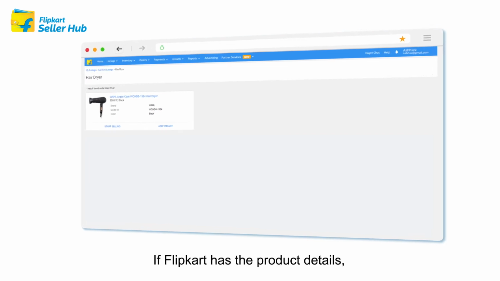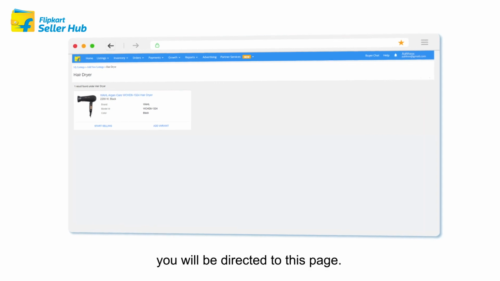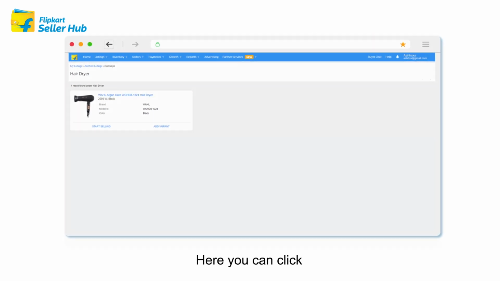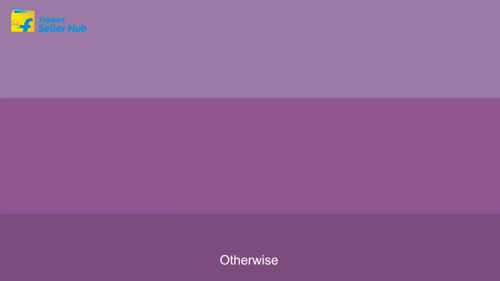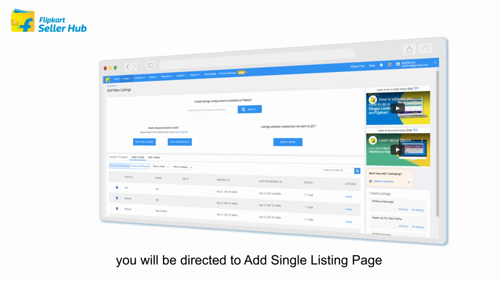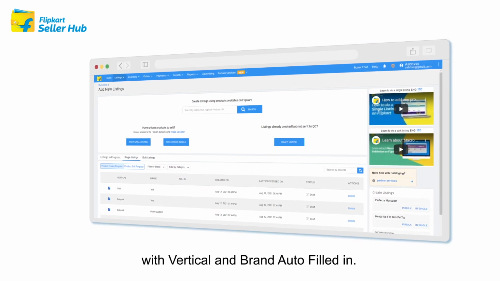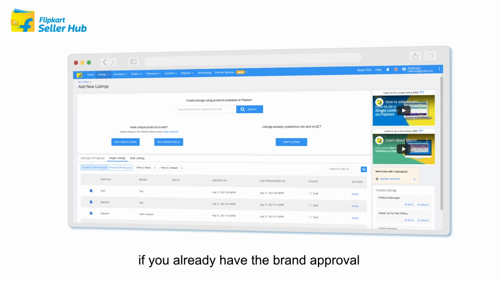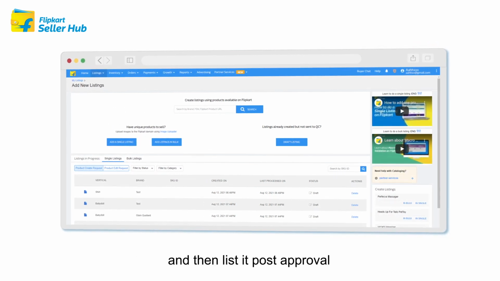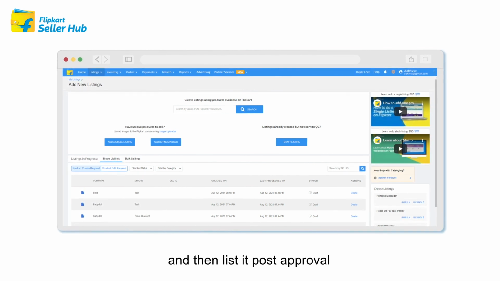If Flipkart has the product details, you will be directed to this page. Here, you can click on Start Selling to add details and start selling the product right away. Otherwise, you will be directed to the Add Single Listing page with vertical and brand auto-filled. You can add the details if you already have the brand approval and then list it post-approval.